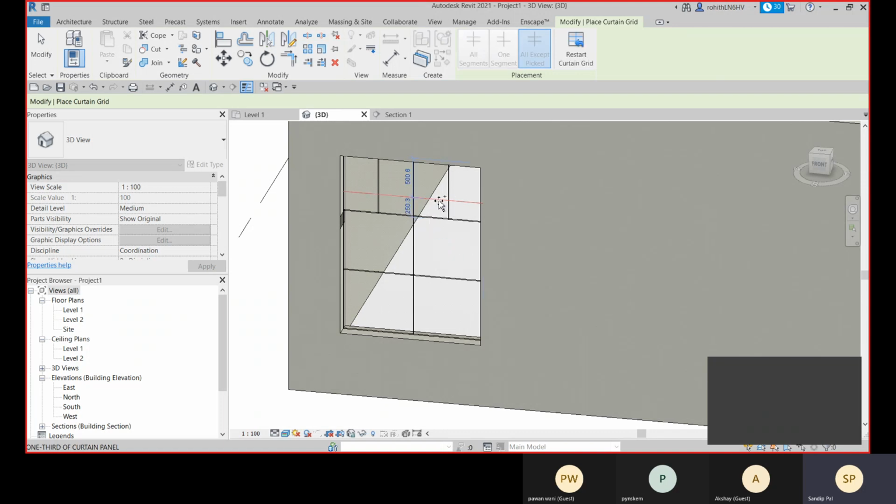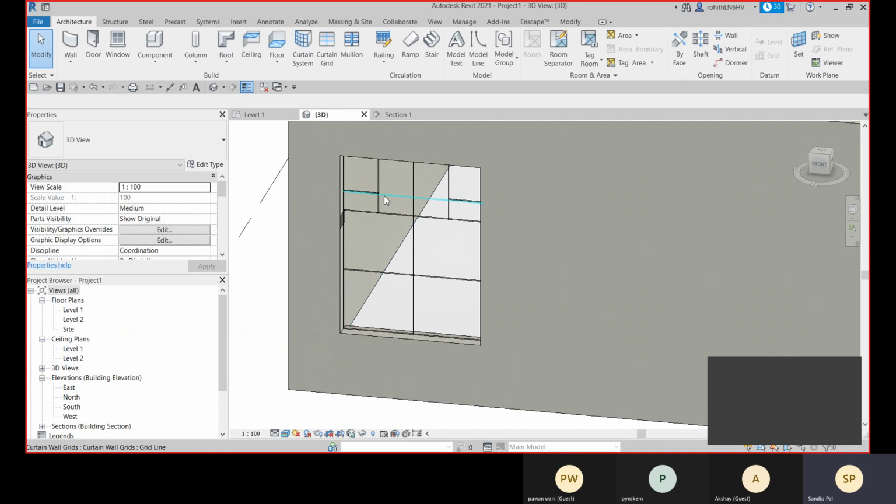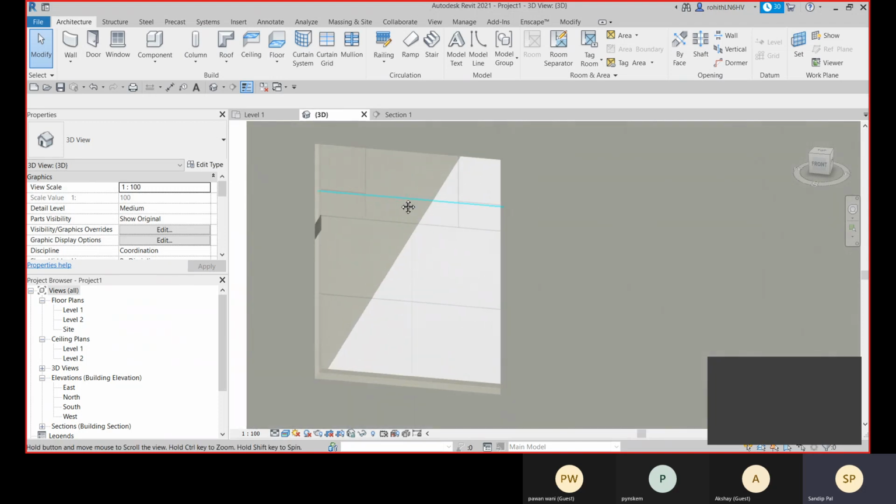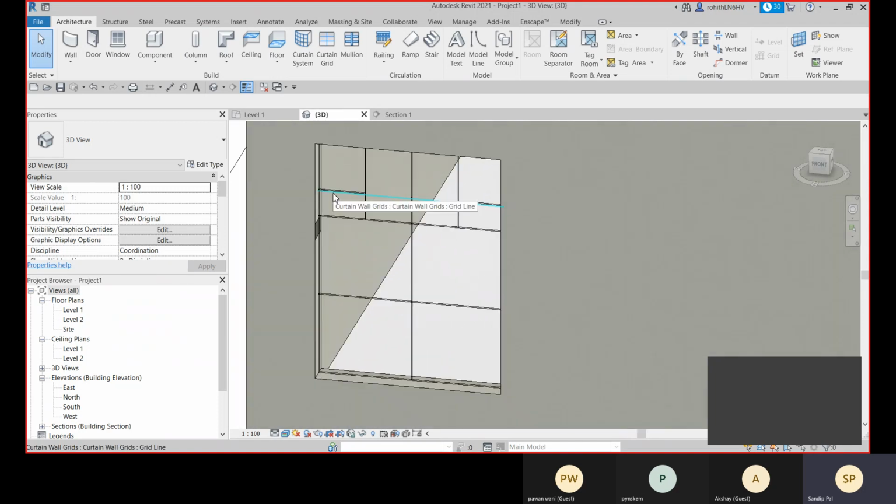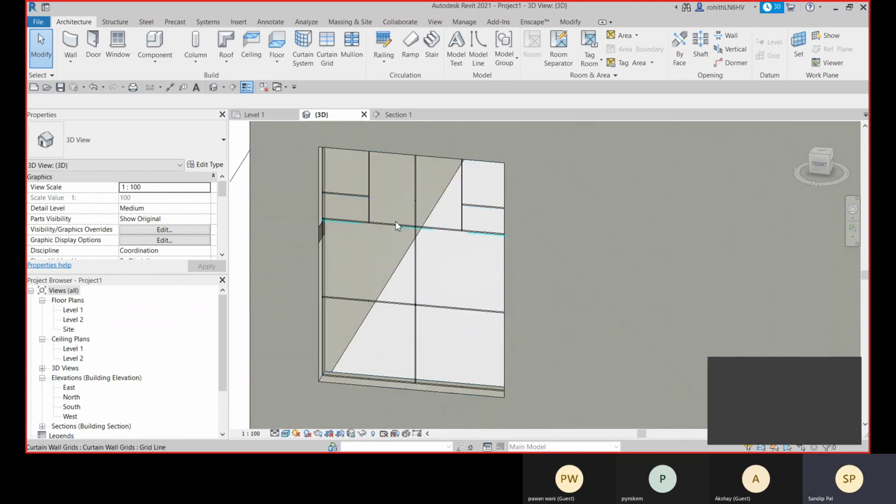Okay, and after that you need to click here, all right? So here you can see that is clicked. So I picked this side and this side, so only there it is placed, I think.